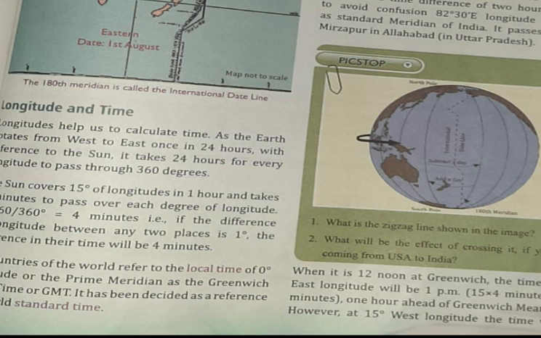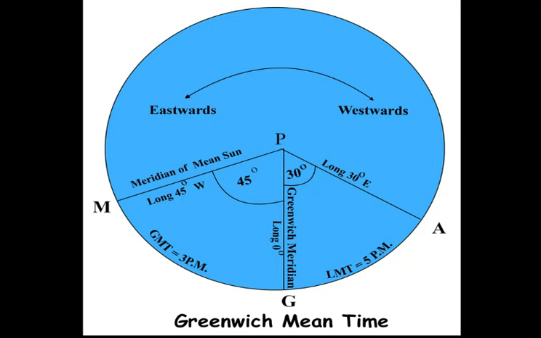While traveling across the International Date Line, one has to adjust the date and time on a watch. It has been internationally accepted that a new calendar date begins on crossing this line. Crossing it from east to west, a traveler will add or gain a day, and crossing it from west to east, a traveler will subtract or lose a day.